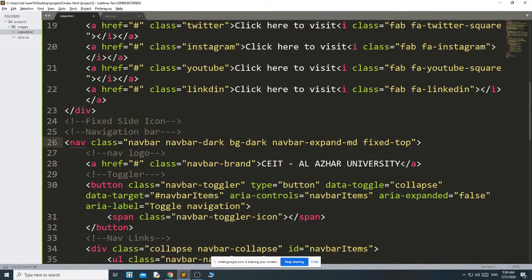For that, in this navbar, I have to add one class, and the class name I am using is smart-scroll, because I have to get this class in jQuery. You can also directly use the navbar class, there is no problem. If you don't want to use the extra class, you can use the navbar class and give the style to this particular navbar class. Okay,